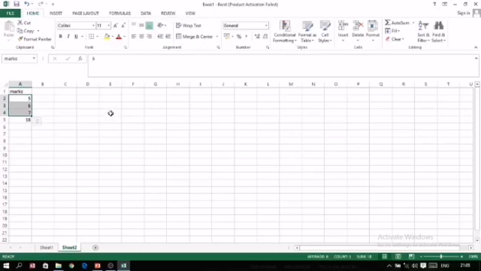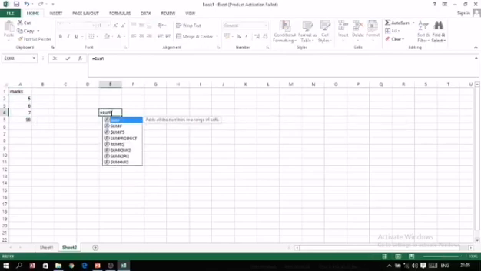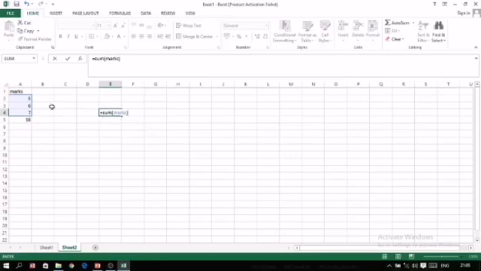Now here I have given the equal sign, SUM, bracket, and the name of the range. Here I am writing marks, and maybe you have noticed that these cells get selected automatically. As the enter key is pressed, these numbers will be added up and the answer will be shown over here.